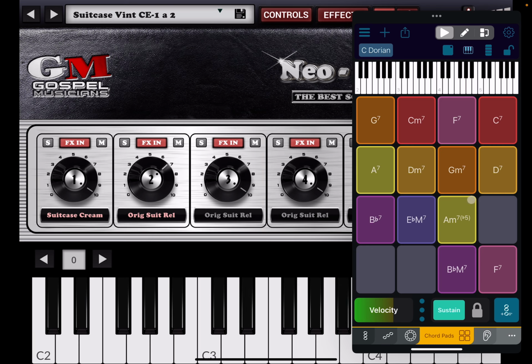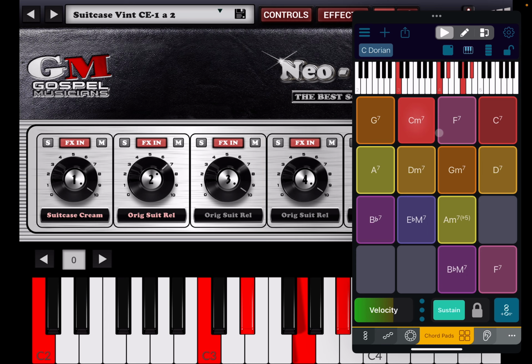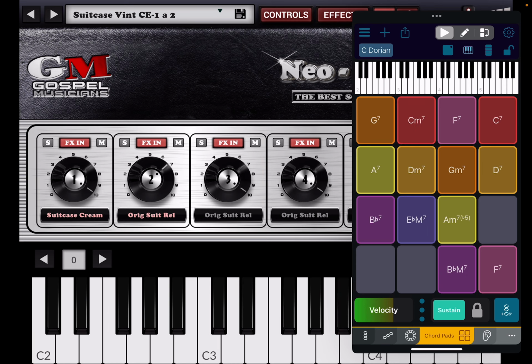Okay, so that's your basis of how to do it. This is C Dorian. You can do this in any scale. It's the same thing. There's a few other tricks, but I'm not going to go into them because it would take some time. I think I've done it in some other videos, but this was just a real brief getting started and using Tonality. If you want to sustain a note,